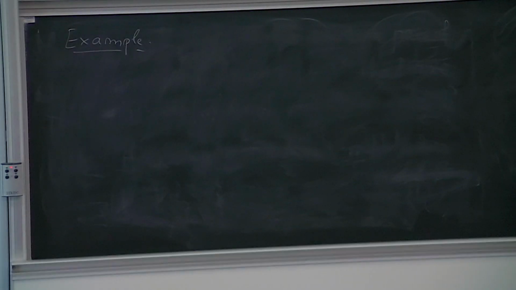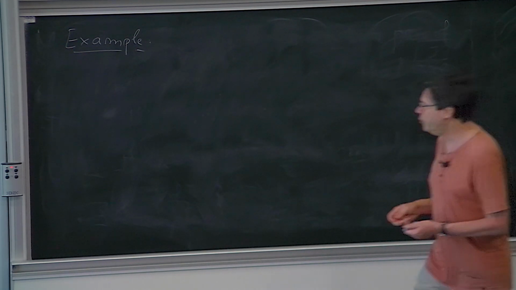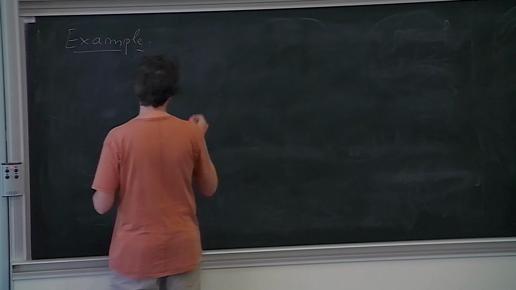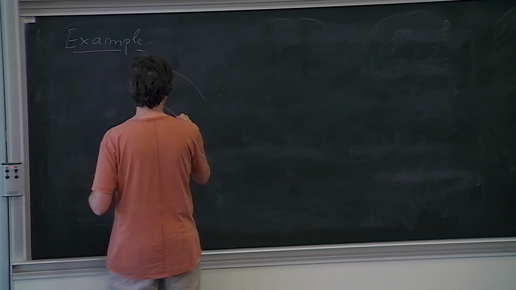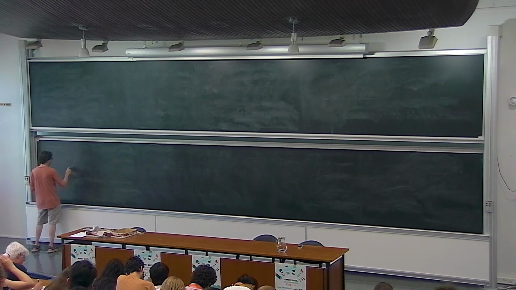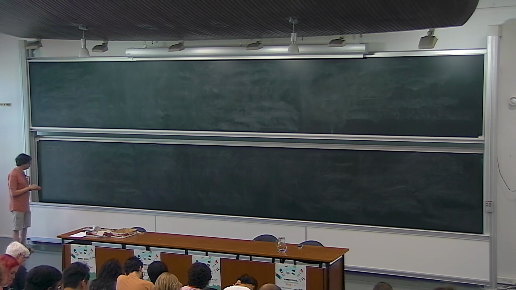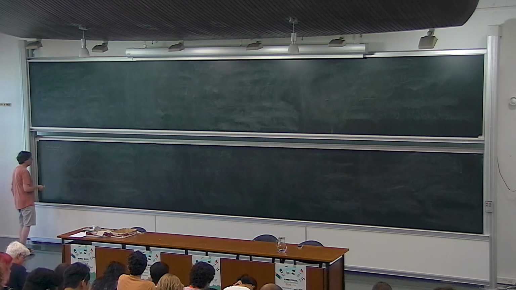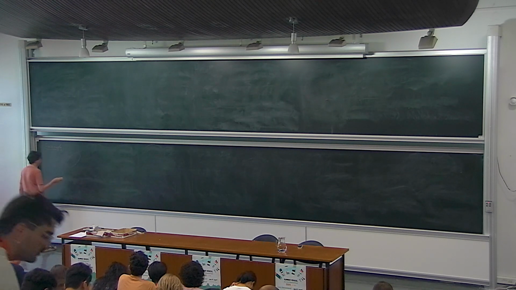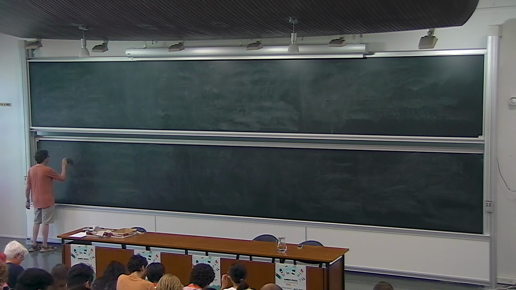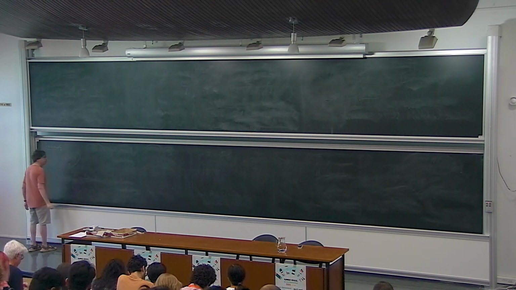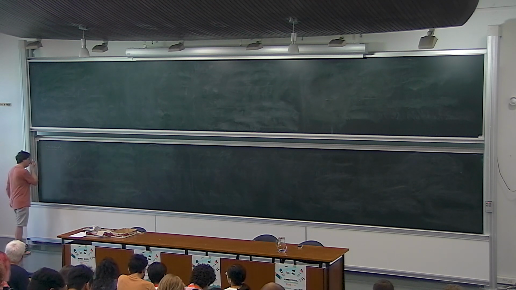Consider this configuration. I mean, of course, you should imagine it as part of a larger diagram, but this is the part we're interested in. So we have three regions, D1, D2, D3, and we are looking for